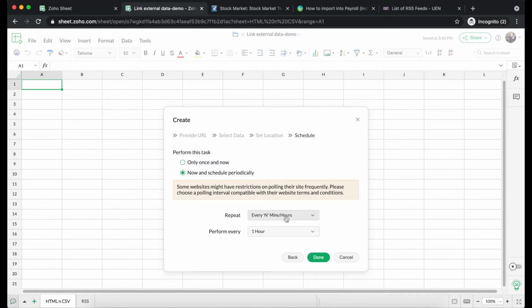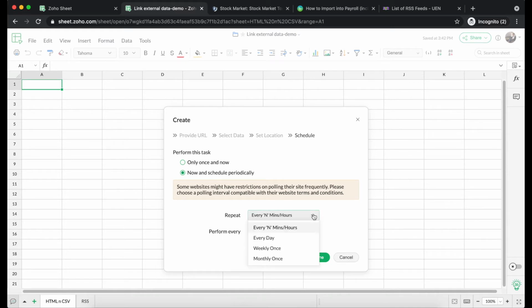Here you can see that the option chosen is every n minutes or hours. Based on that, in the second drop down, you can see the predefined minutes and hours being displayed. So you can choose the time based on which you would like your data to be updated.